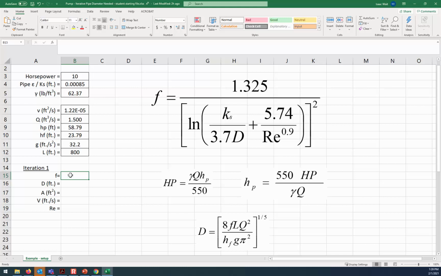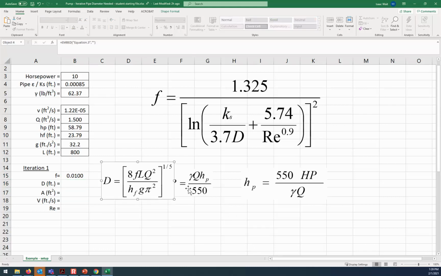So let's pick just some F value, 0.01. It's probably a little low. If we'd picked a middle F value, maybe it would converge faster, but this will be a good starting point just to prove that even with a bad F guess, it's still going to converge eventually. Okay, so now that we have this F value, we're going to calculate the diameter of the pipe that's required